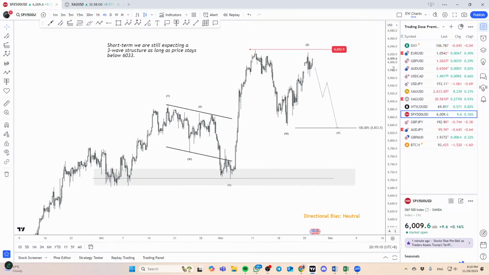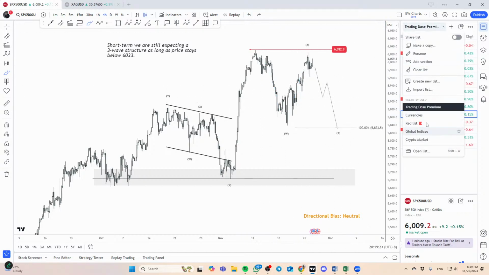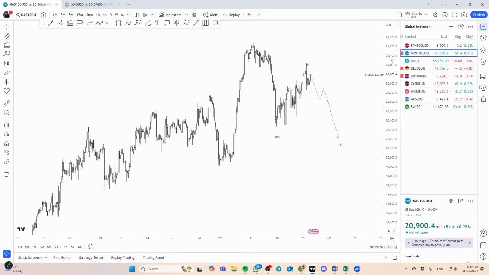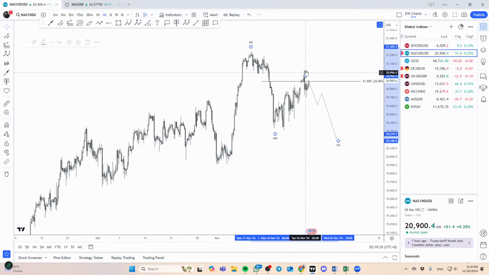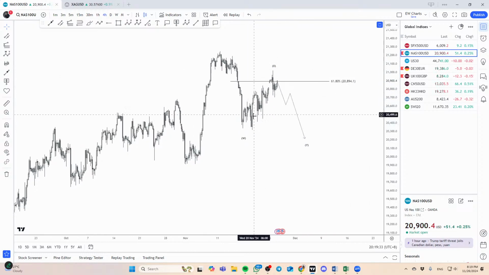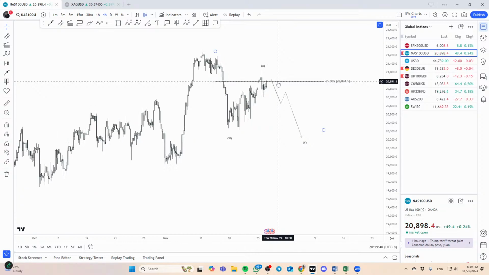Okay. S&P 500 is a little bit on the neutral side. Again, I don't really like this push up. The initial expectation is just 1, 2, 3, very simple, but the pullback phase is very impulsive in a way. So I'm a little bit cautious on this, but of course if you go over to the NASDAQ, the NASDAQ is a little bit cleaner because here you can see the pullback isn't as impulsive, and so far it seems to be respecting that 618, right? Okay, so I think this one here is a little bit cleaner